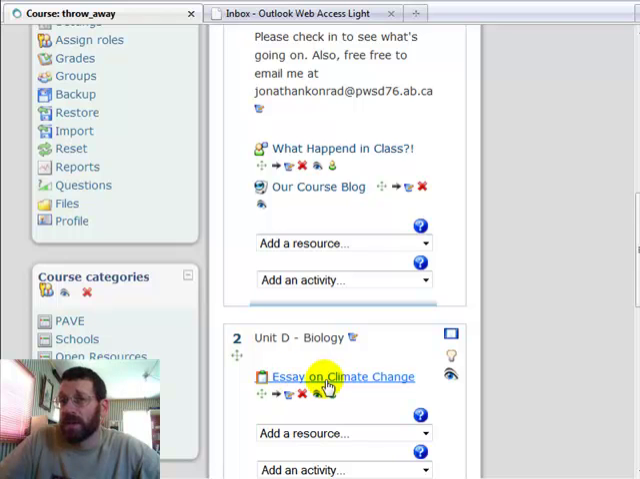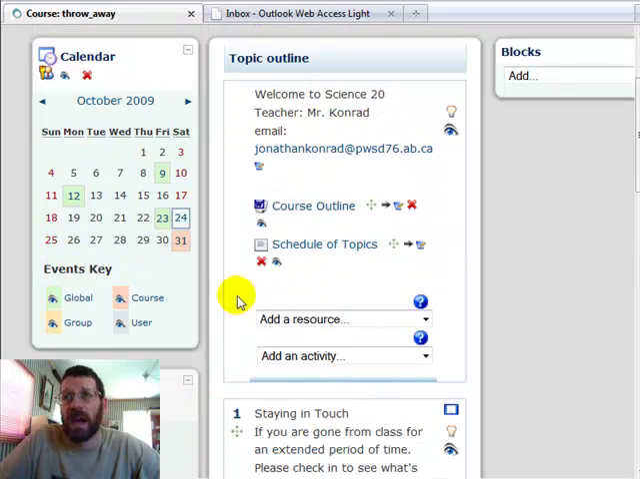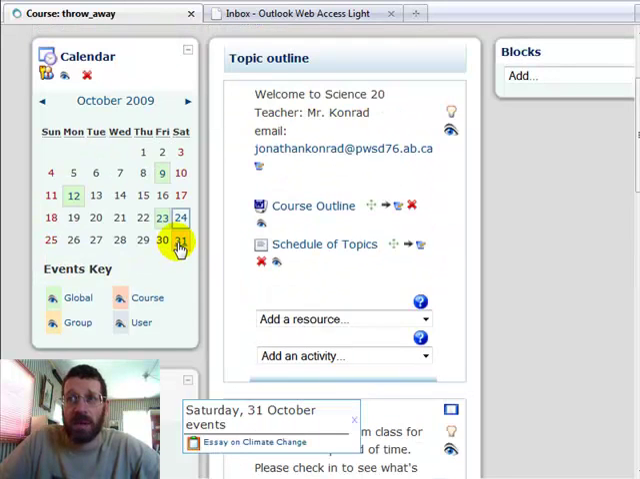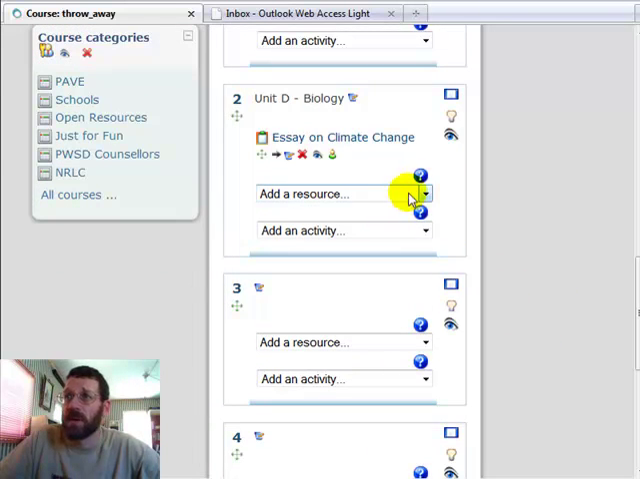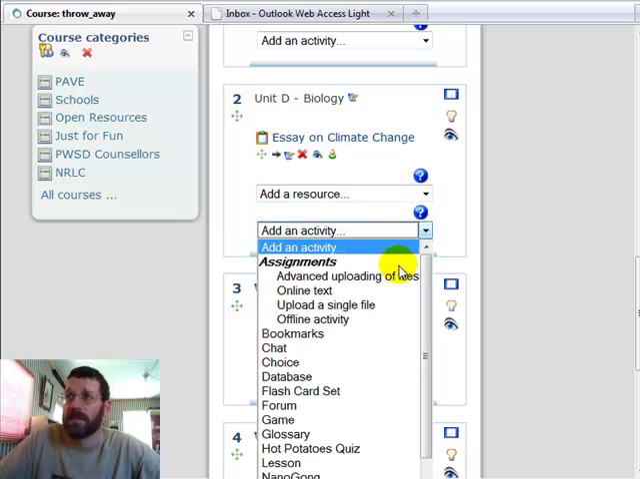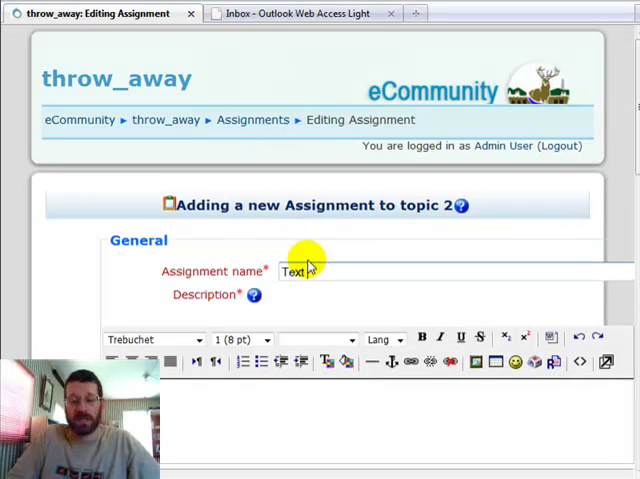You can see how the one that I just added, essay on climate change, even if they weren't going to hand it in online, maybe I'm not prepared to do that, but I made it so they could. So maybe one day I am getting rid of paper and allowing for online hand-in. It does automatically add that to my course calendar. You can see up here it says essay on climate change, and I could go down here and say, and you know what, we also did advanced uploading of files. I could say, we did a series of text questions,